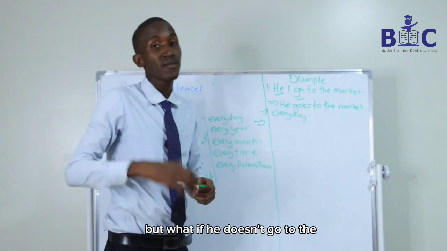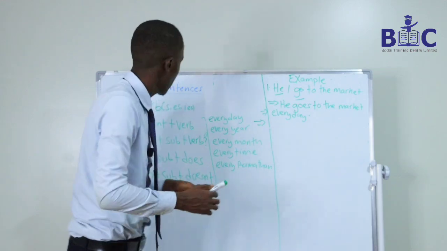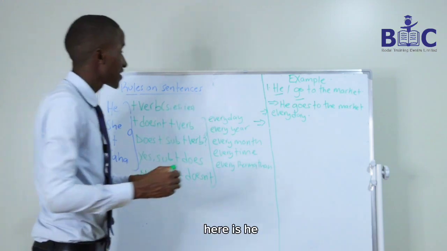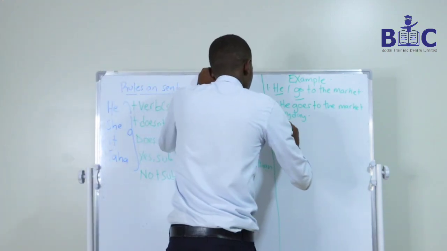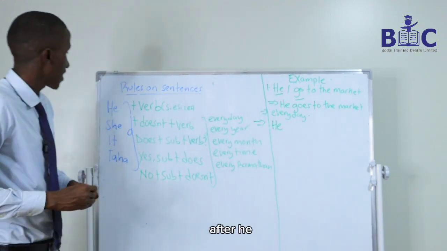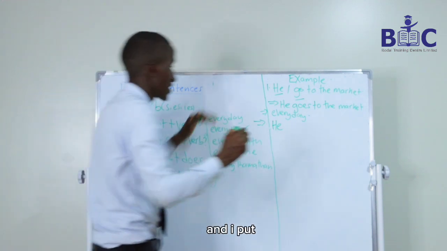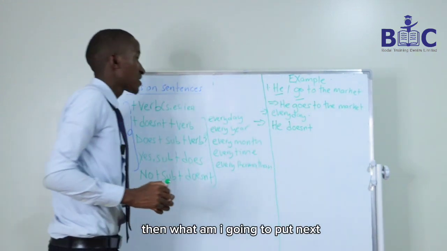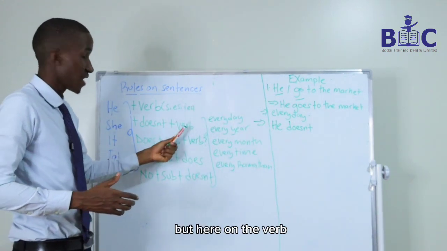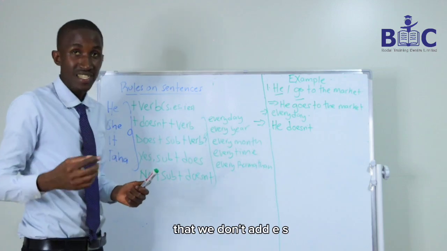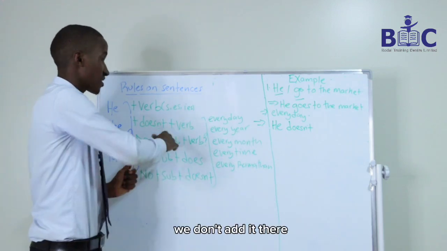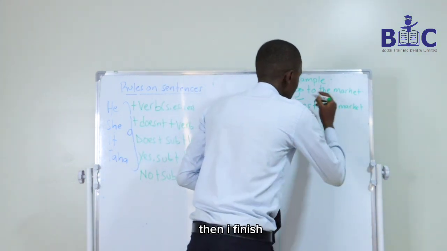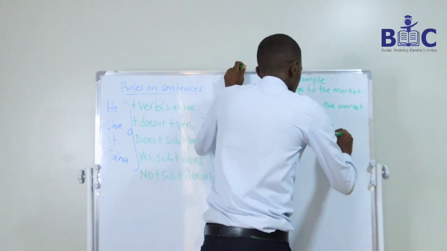But what if he doesn't go to the market every day? How am I going to speak? I'll still follow this rule. I'll write my subject. My subject here is he, and I write he. But then the rule says after he, I put doesn't. When I put doesn't, then what am I going to put next? It's my verb. But here on the verb, I have written that we don't add es, ies, or the other one. We don't add it there. So you just write it the way it is. He doesn't go. Then I finish to the market,